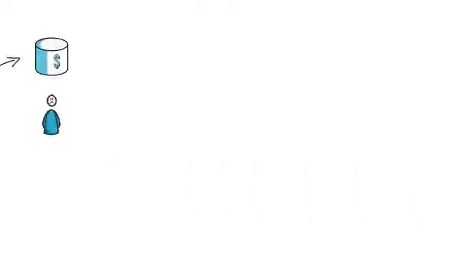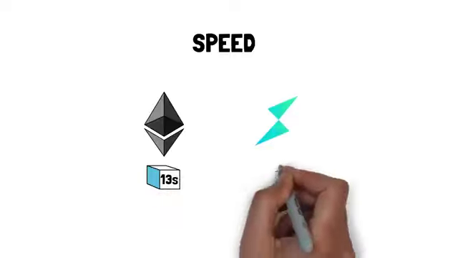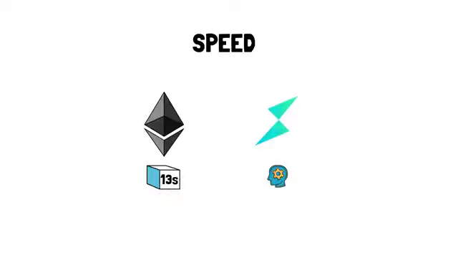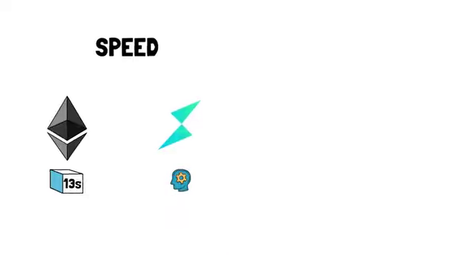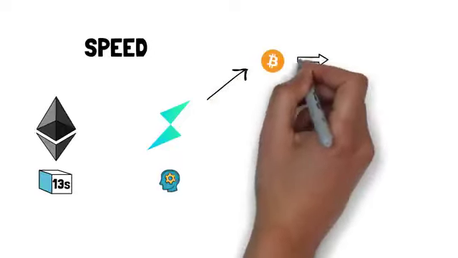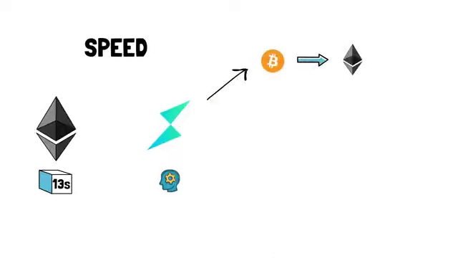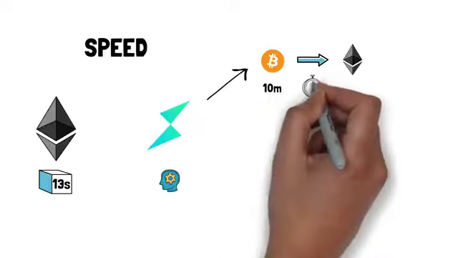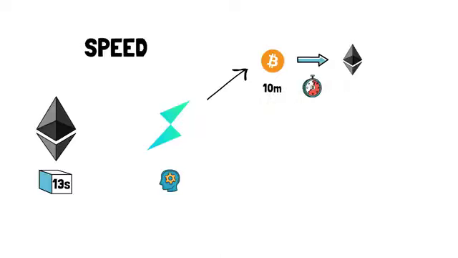When it comes to speed of swaps, assets on Ethereum can be swapped in one Ethereum block, which happens every 13 seconds on average. On Thorchain, this is a bit more complicated. The swap time depends on which networks we are swapping between. In case of a Bitcoin to Ether swap, it would take at least one block on the Bitcoin network, 10 minutes on average, plus the internal time for executing a swap on the Thorchain blockchain, plus the outbound Ethereum transaction,